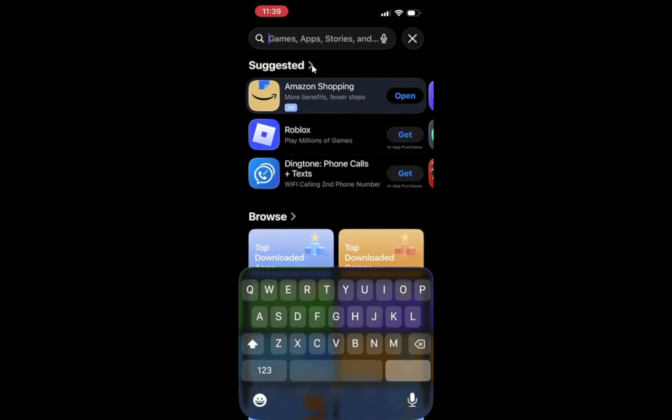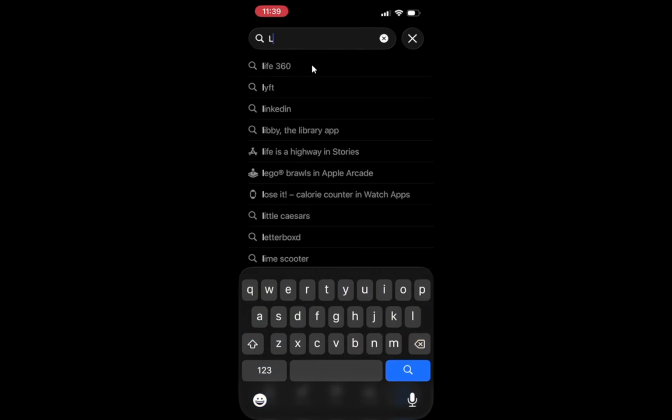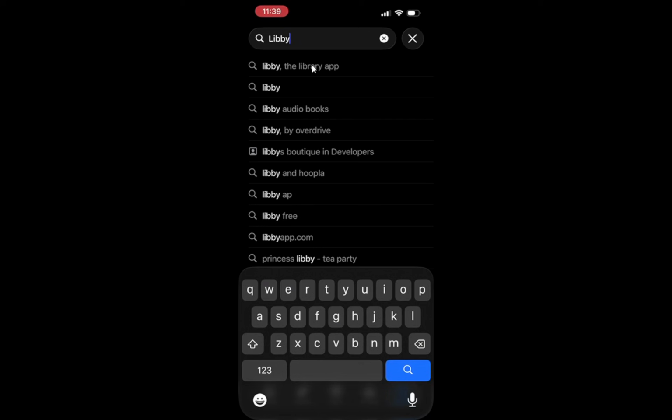When you tap it, the keyboard should slide up from the bottom of your screen, and the search field will be ready for typing. On some screens, you might also see recent searches appear below the bar, but you can ignore those for now. Next, search for Libby. Type the word Libby into the search field, then confirm the search using the button on your keyboard. In a moment, the store will show a list of apps related to that word.